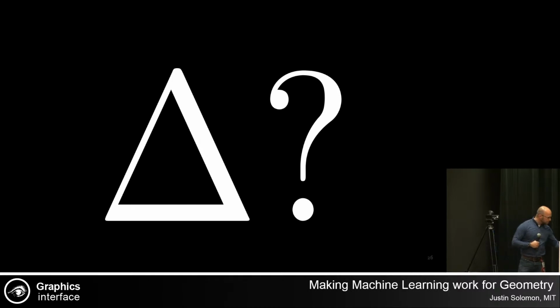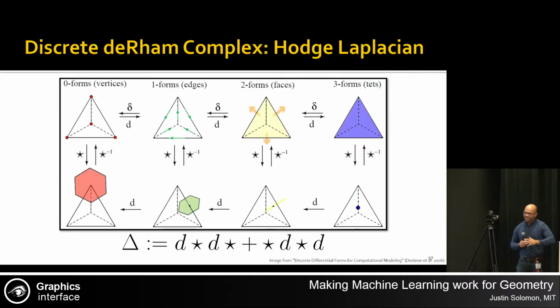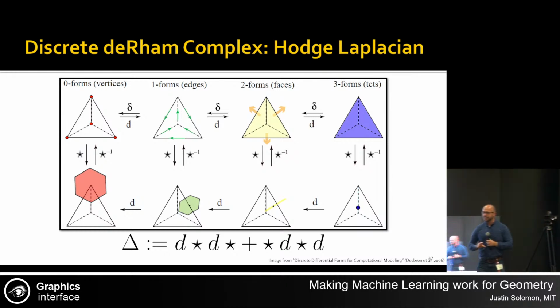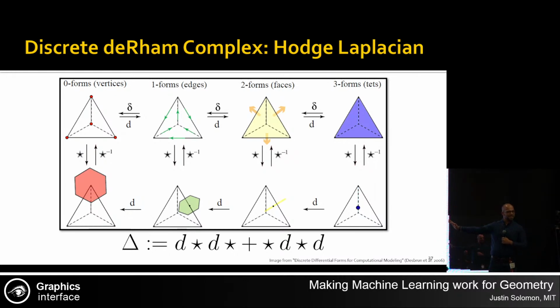And that led us to propose an architecture that we called HodgeNet, which was built on top of a very popular piece of machinery in computer graphics, this area called discrete exterior calculus. Now, this is one of these fields that I think scares grad students away in computer graphics literature. But the reality is that if you cut through all the notation and you just want to think like a computer scientist, it's not so bad.